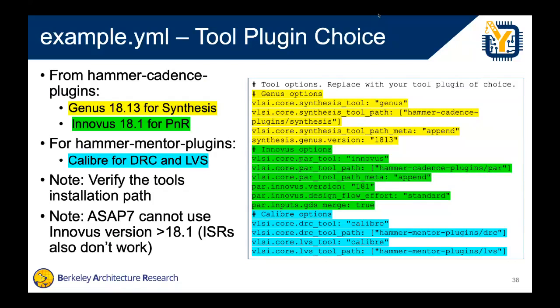Then we select Innovus for place and route, and Calibre for DRC and LVS. There's little notes here about